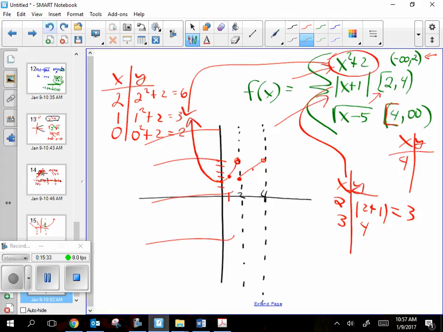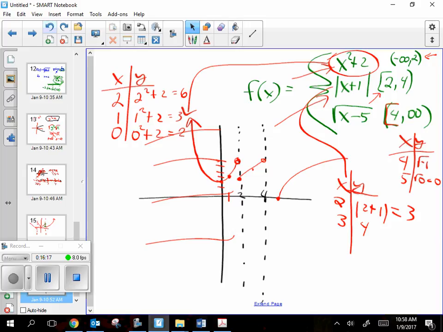Stick in 4. 4 minus 5 is the square root of -1. What's that? Doesn't exist. So there's a gap here, and that's okay. It's okay to have gaps in your function. It's still a function. Now I'm going to put in 5. Is that going to break? No, it's the square root of 0. What is the square root of 0? 0. So over 5, up 0, and there's a dot right there. I kind of know what square roots look like from there. It goes like that. I should have put that a little further over. There we go. That one was kind of tricky, but that is a good example of one of those Franken